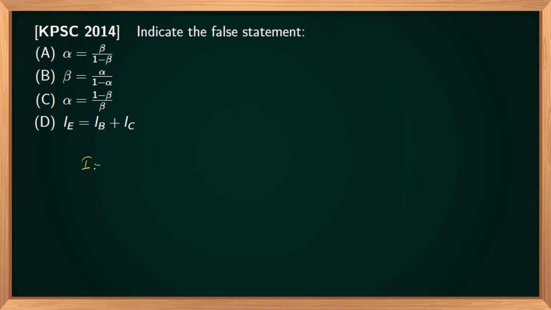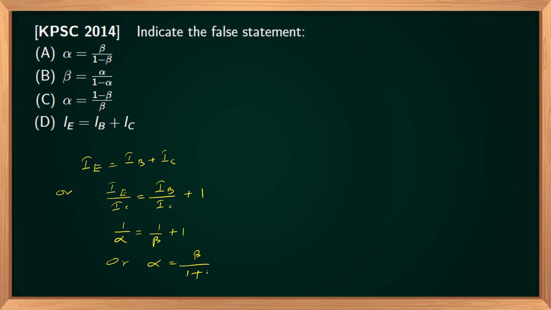We know that for a transistor IE equals IB plus IC, or dividing by IC, we get IE by IC equal to IB by IC plus 1, and this is 1 by alpha equal to 1 by beta plus 1, or alpha equal to beta by 1 plus beta, and beta equal to alpha by 1 minus alpha. The correct option